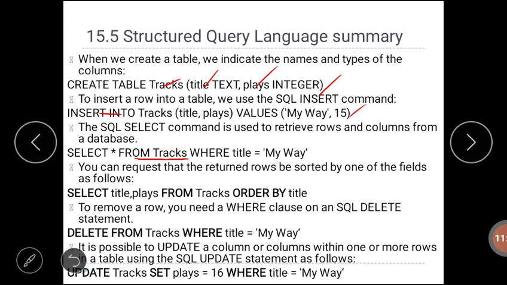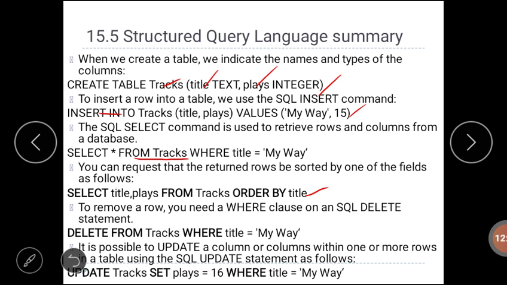It retrieves the records from the table tracks having the value of the attribute title as my way. Next command is ORDER BY. The values of the attributes title and place are retrieved from the table, that is SELECT title, place FROM tracks ORDER BY title, with the records ordered in ascending order of the title.